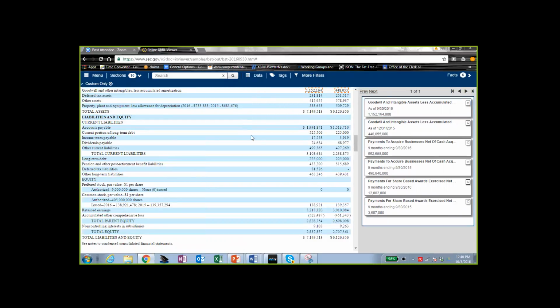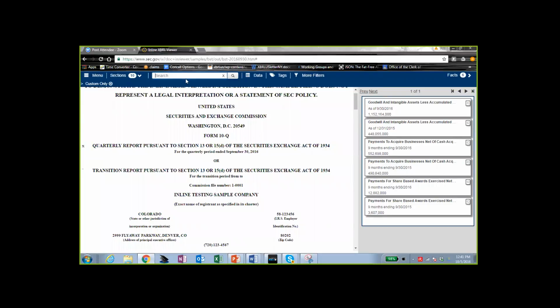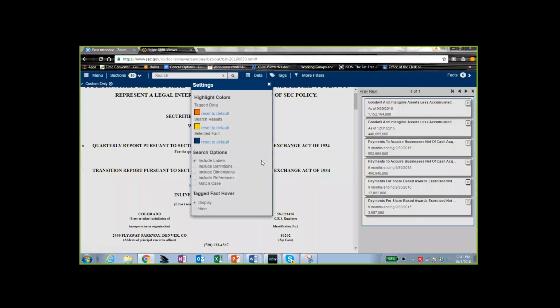So those are some of the examples. The topic search for this particular mock-up filing is not that great. I think in the live filings, it's much more effective. So I would suggest that if you want to look at that, the way you affect the reference search, Michelle, is you go over to the menu item on the far left, upper left-hand corner, click that down. Go to settings. Yep, and then underneath search options, just click the include references box.